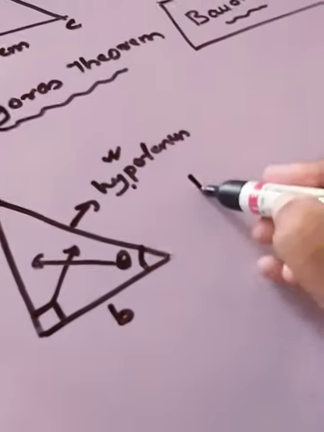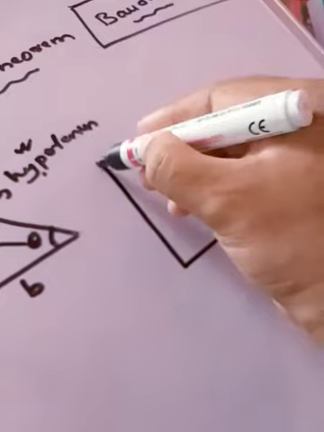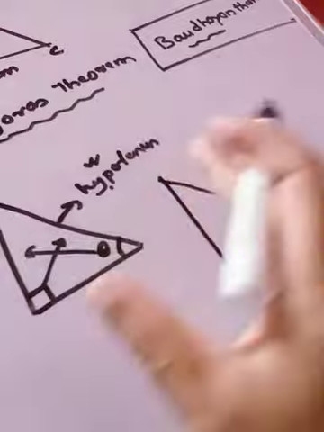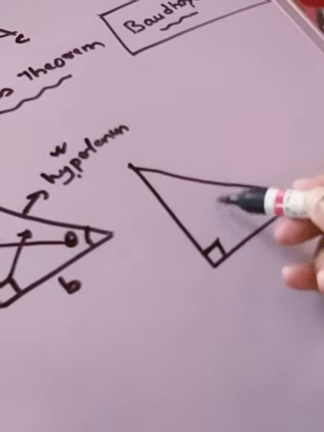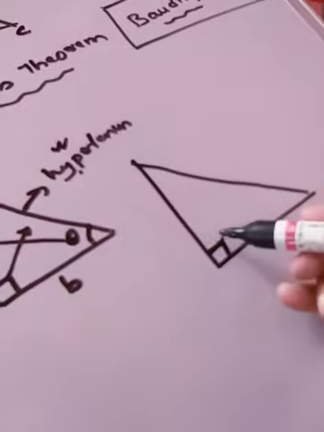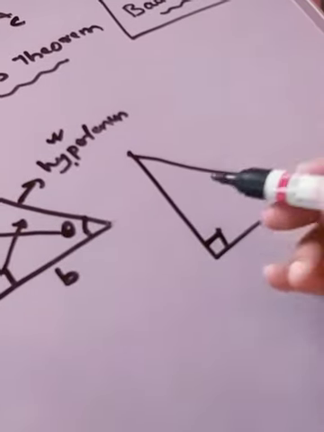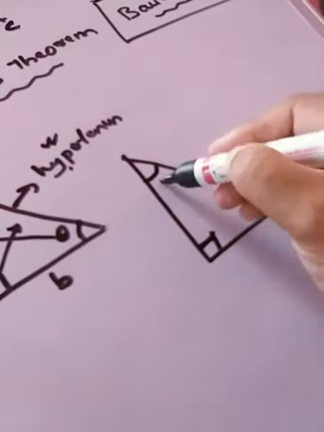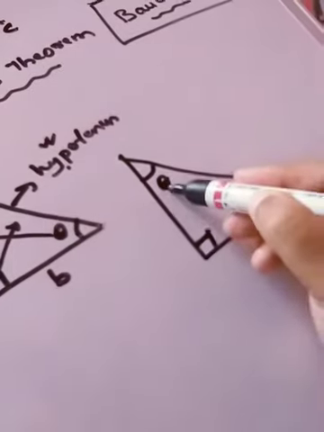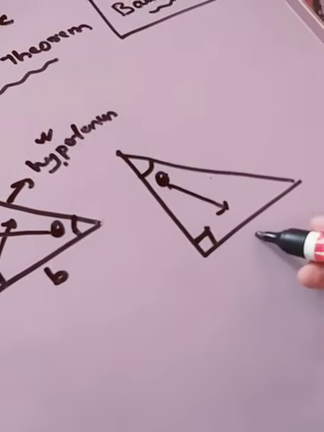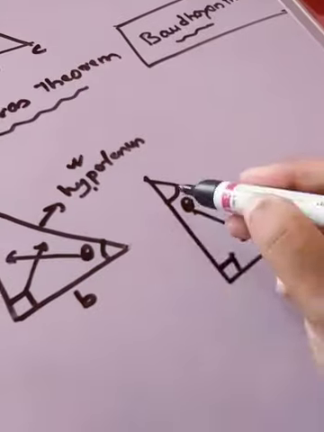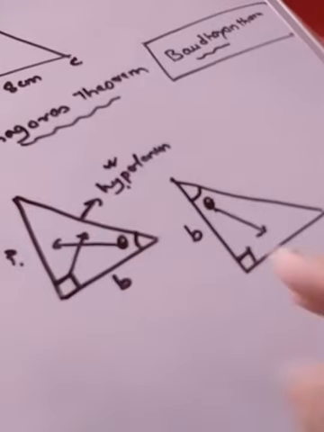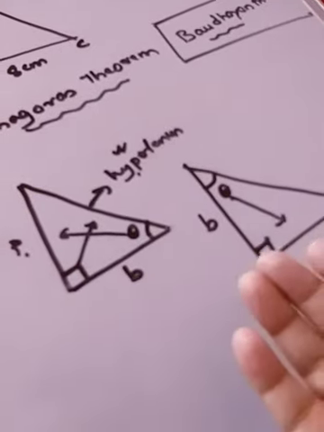Now suppose I again draw a figure. This is 90 degree. The hypotenuse never changes, it is a fixed term, because opposite to 90 degree is the largest side of a right angle triangle. So the side opposite to 90 degree is the hypotenuse. But last time I gave theta here, and now I am giving theta here. So what we have learned is, the side opposite to theta is what? Perpendicular, isn't it? So this time this will be P, and this side is carrying theta, so this will become B.